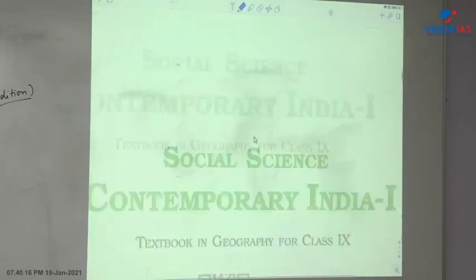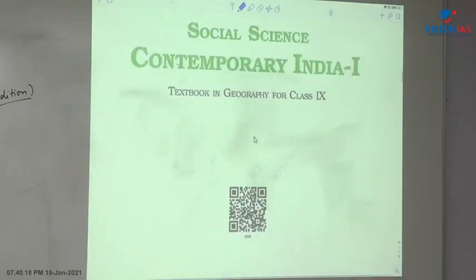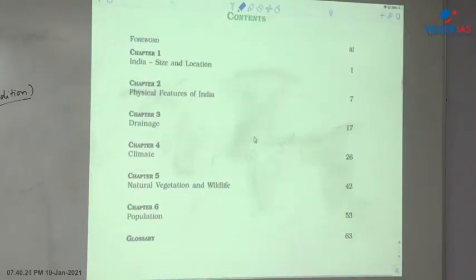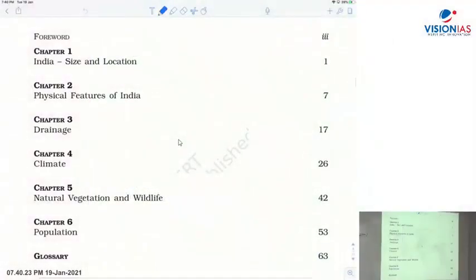Then you come to 9th NCERT, contemporary India. Right? This will talk of India. All the India geography related thing. India physical and India human. Okay. India physical and India human geography. And then